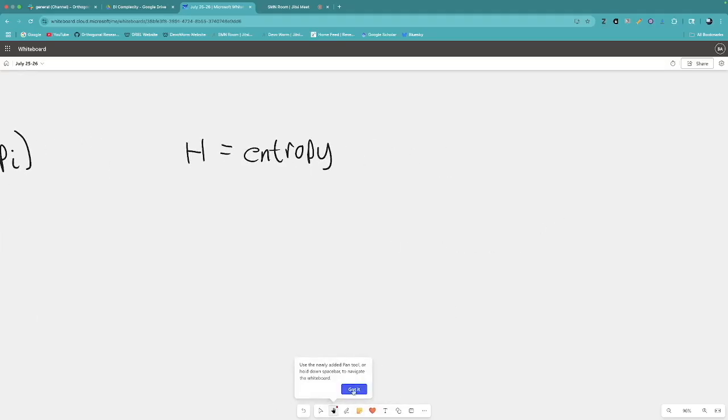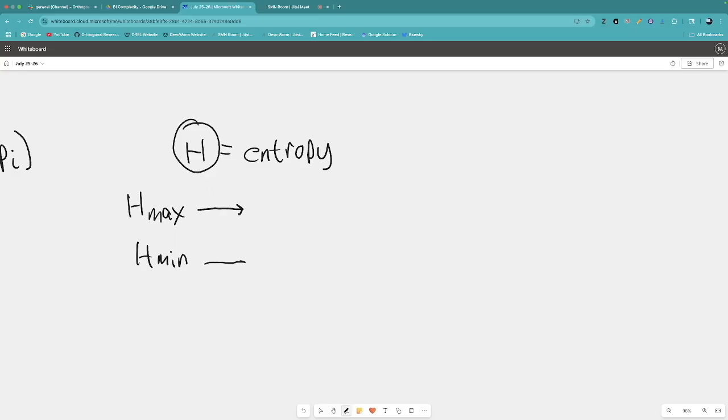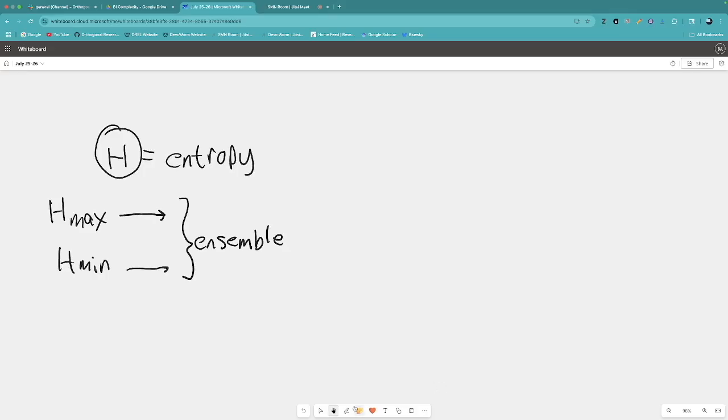The better answer is, first of all, because of this ensemble nature, you can calculate things like H max and H min. You can actually get more information out of this measure H, and it gives you this property of evaluating an ensemble of states. Of course, the other answer is that there is actually an equation for thermodynamic entropy, and it is, if I can remember from memory here, wait a minute.